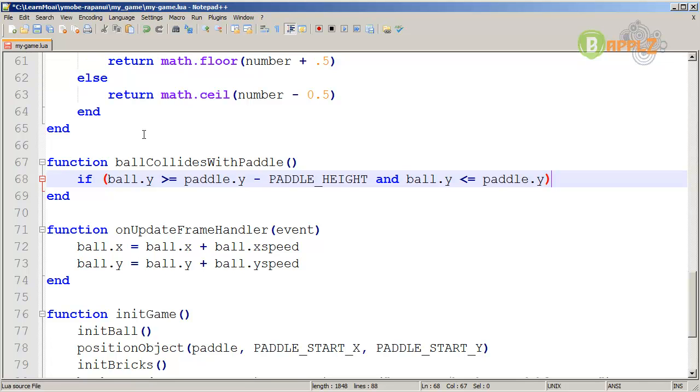So this will basically tell if the ball is on top of the paddle,